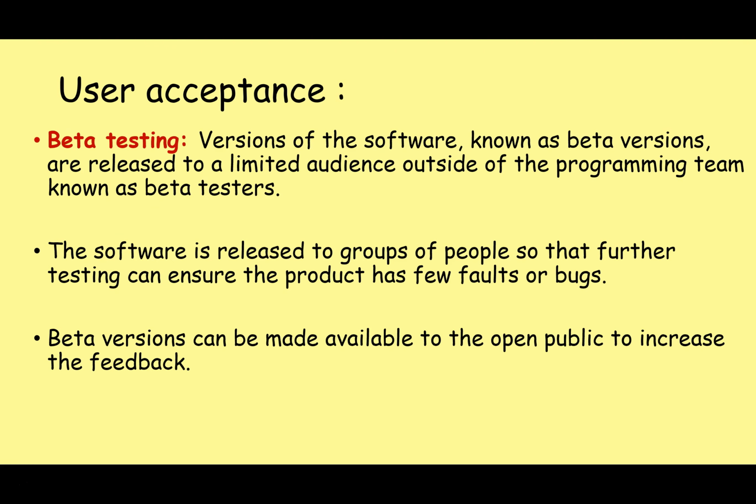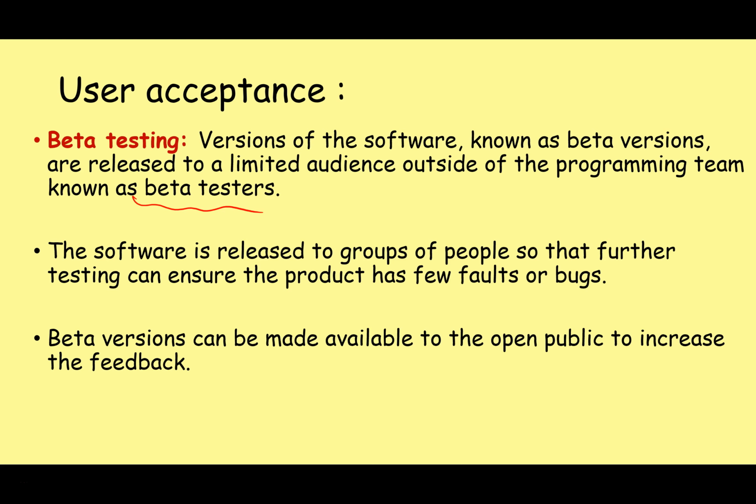Beta testing is when versions of the software known as beta versions are released to a limited audience outside of the programming team, and these are known as beta testers. This software is released to groups of people so that further testing can ensure that the product has few faults or bugs. So an example of this might be, okay, you've designed a new package for an accountancy firm. You get some of their accountants to test your software, either on your site or their site, and see if it works the way that it's expected. Because again, these are real users. They're going to use it differently than an expert user. They're going to click on things differently, enter data in the wrong way,